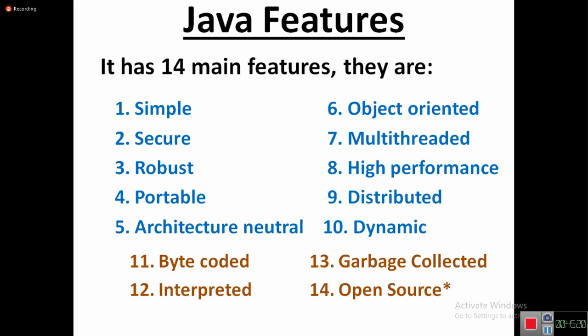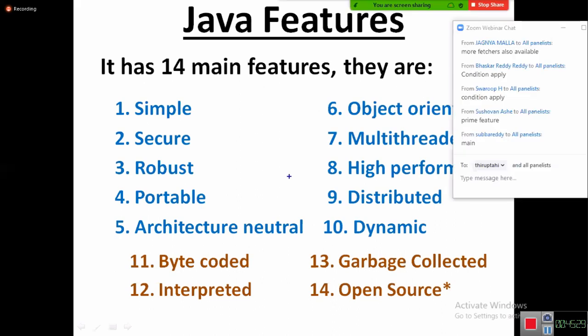From Java 11 version onwards, it is both open source and commercial. From Java 11 onwards, we have two JDK softwares. Java is the language name and JDK is the software name. We have two softwares, Open JDK and Oracle JDK. Java software is commercial and open source. If anybody wants to download and use it without any payment, then you can download Open JDK software.